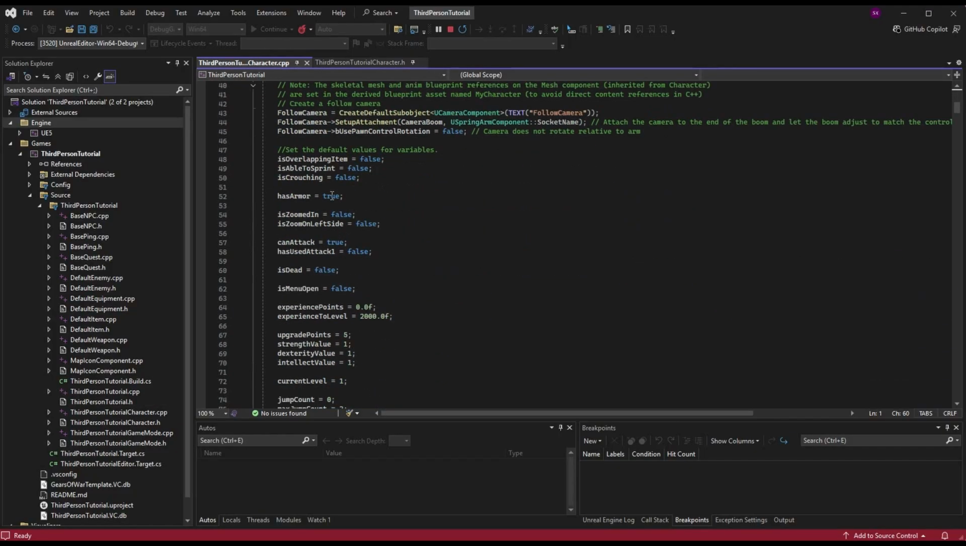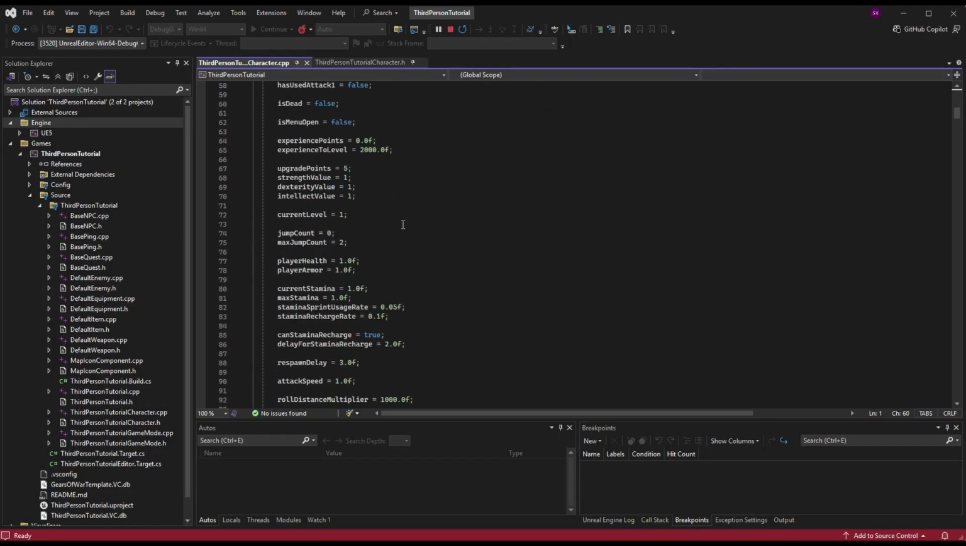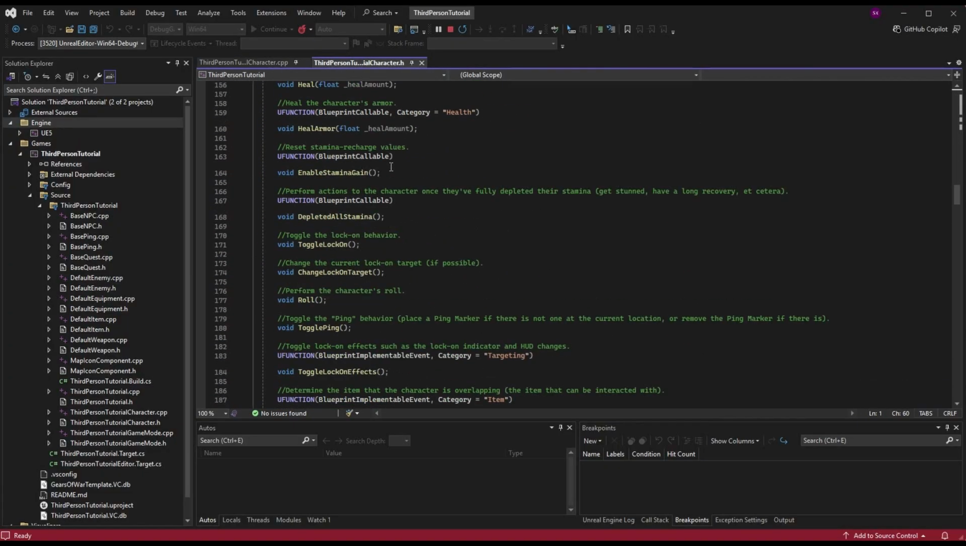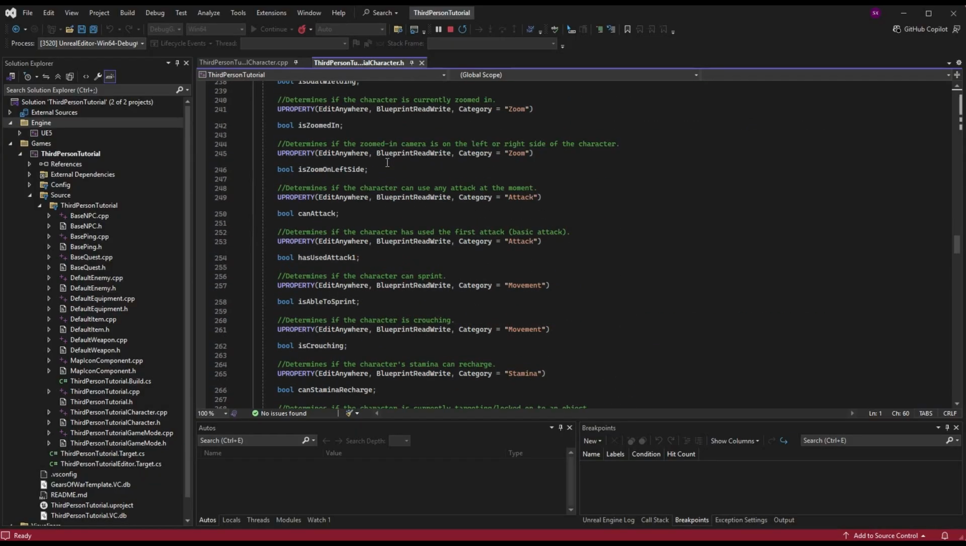In here, you can see that we have different variables for our stats. We have a strength value, a dexterity value, and an intellect value. Of course, we may have many more in our series as it progresses, and you may have already added more. We'll need at least one stat for today's episode, so make sure if you don't already have one in here that you add one. If I go into my third-person tutorial character.h and scroll down in my file here, I can go to my